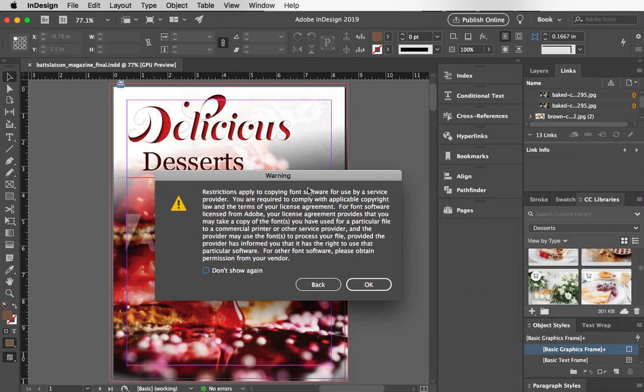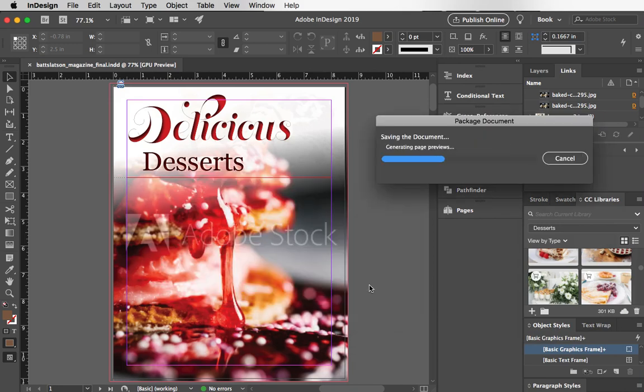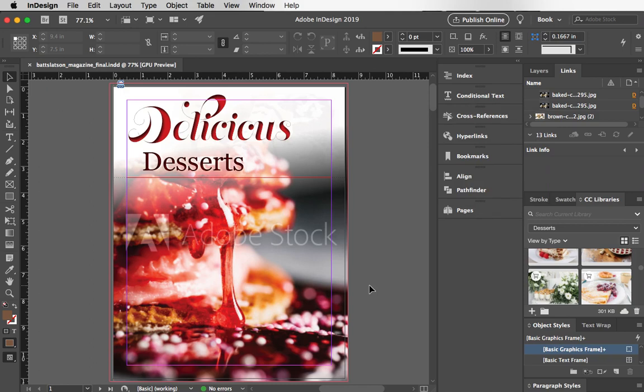It gives me the option just saying, hey, make sure you're complying with the copyright rules. So I'm going to hit OK. It's going through, it's grabbing all of those files that are needed for this document and putting them together into one place. So now if I go on my desktop to look for my Desserts Magazine,